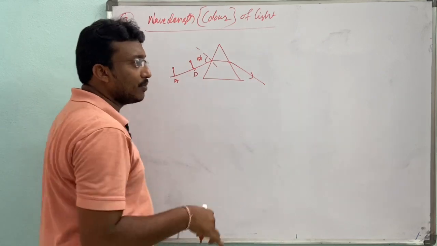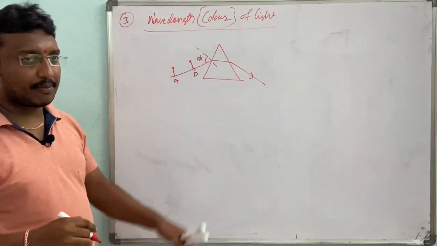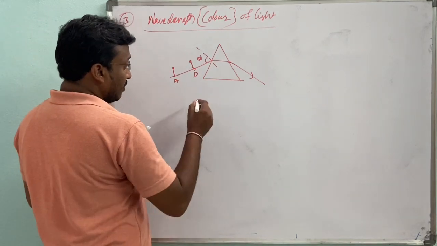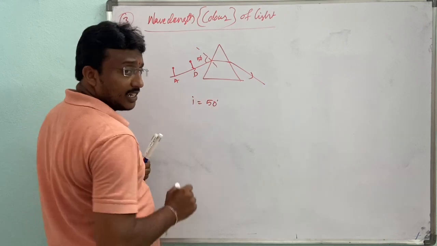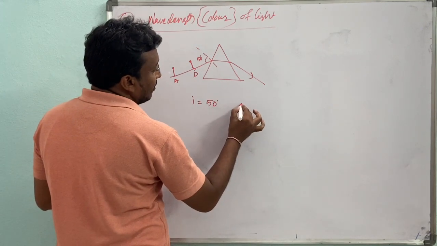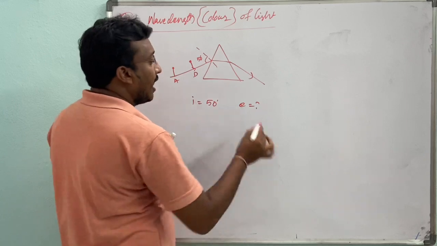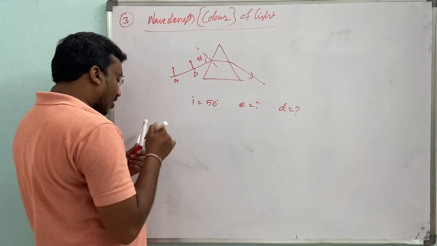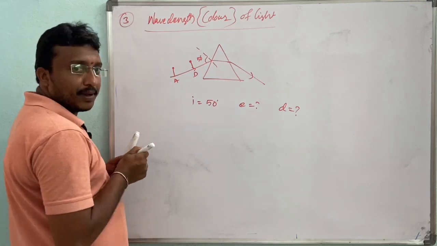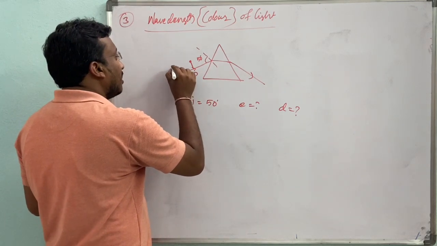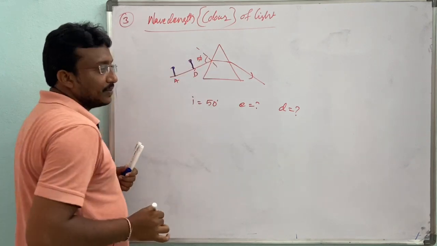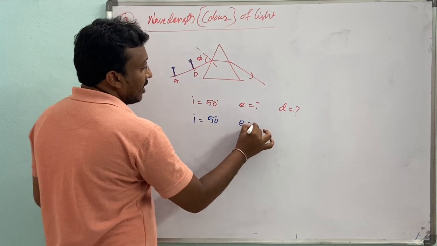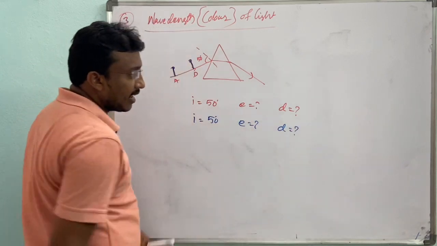We have already discussed the procedure in the lab activity, so you can complete it the same way. Then note down the values. The angle of incidence becomes 50 degrees, and you can measure the angle of emergence as well as the angle of deviation. Then after that, instead of the red colored pins, use violet colored ones, with the same angle of incidence equal to 50 degrees, and measure the emergent angle and the angle of deviation.